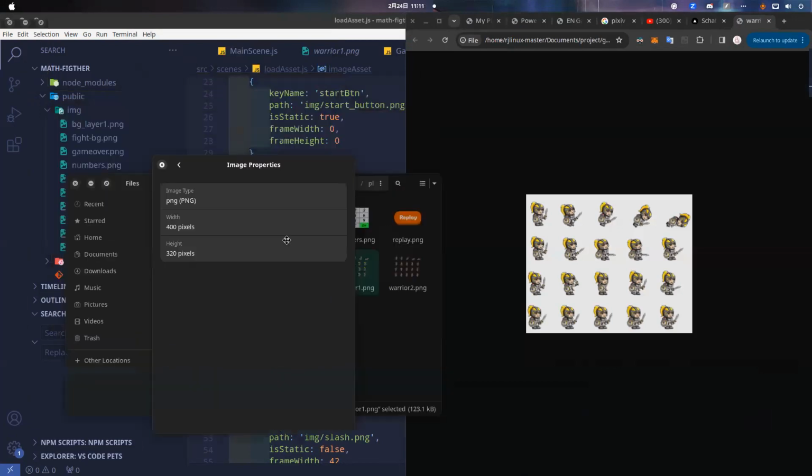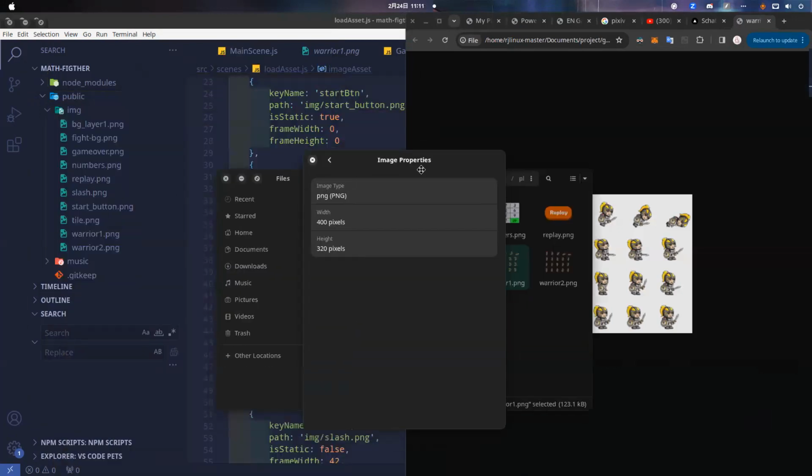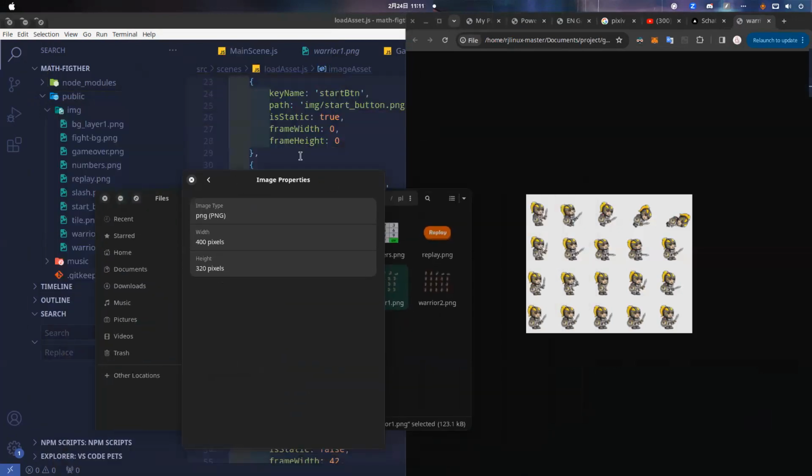Now we want to determine the frame width and the frame height. What do we mean by frame width and frame height? In dynamic images, we just want one frame out of its frames. If we do not use the proper frame width and frame height, it will have some glitch. For example, we have some white space below in this frame.